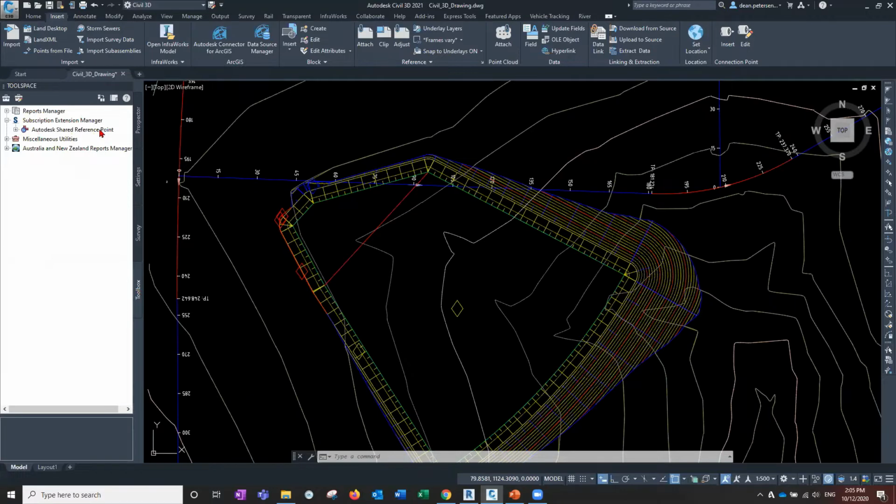For Revit, it's also the same thing. It's called the Shared Reference Point Extension, and that one loads on Revit. This one loads into Civil 3D, and this is where you find it in the toolbox underneath the Subscription Extension Manager. So what we do with that is we use the Shared Reference Point add-on. So it's called Export Shared Reference Point for